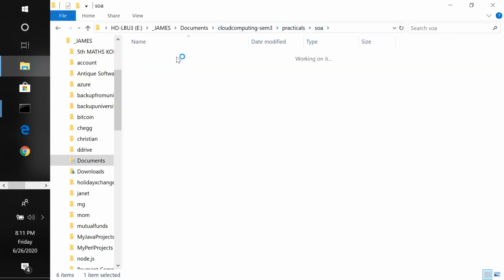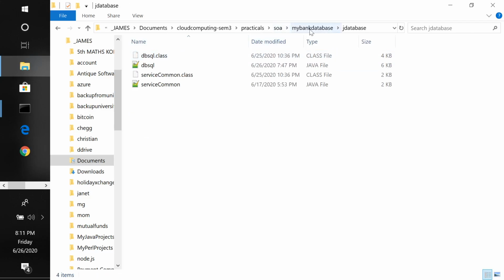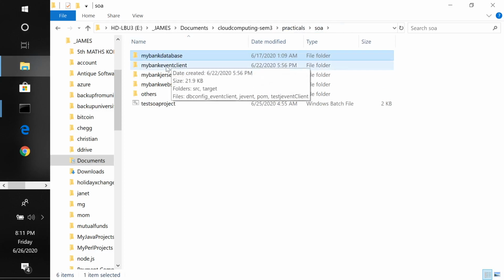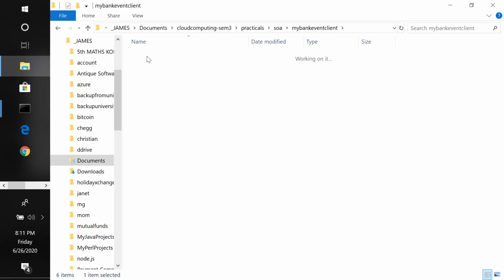Just like I have my bank database, which is a common object used to connect to any database, I have created a common object called TJ event client.